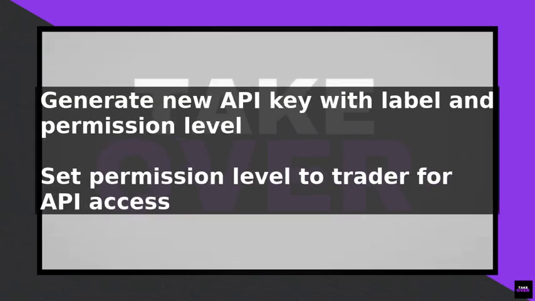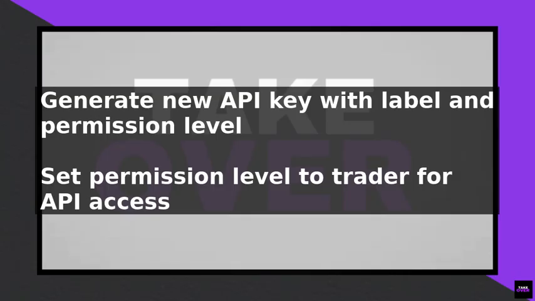After creating your API key, you will be given a client ID and client secret. These are used to authenticate your API requests, so make sure to store them securely. You will also be given an API endpoint, which is the URL that you will use to send your API requests. To start using the API, you will need to choose a programming language and a library or framework to